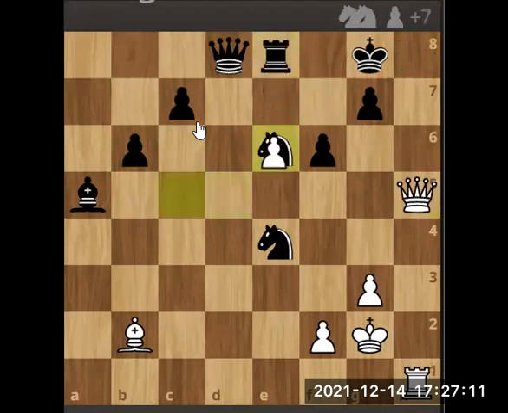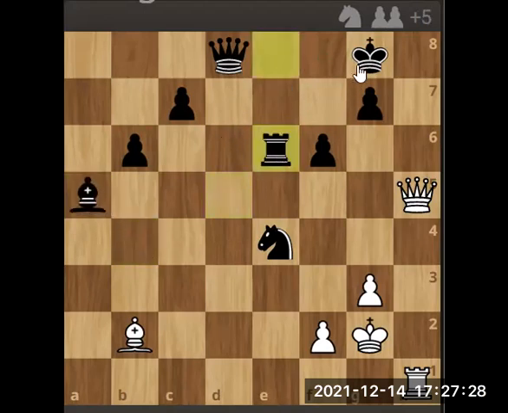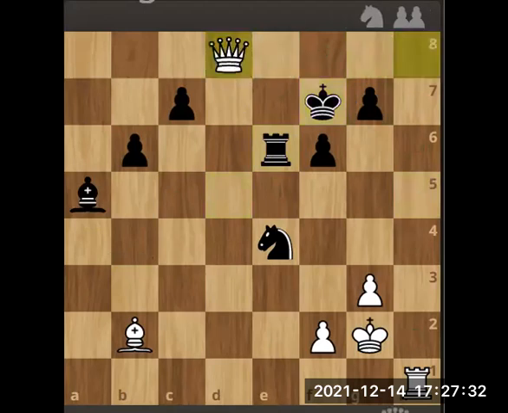So once again, what do we do? We take the pawn, threaten this square, and because of that, the rook has to leave this rank and leave the queen as a hanging piece. Now that's important. So now the rook takes the pawn and we make a check and it goes out and we take a rook. Okay, so that's all for today. Thank you.